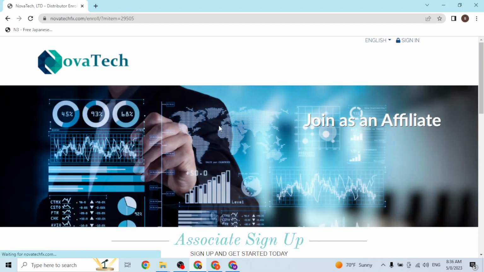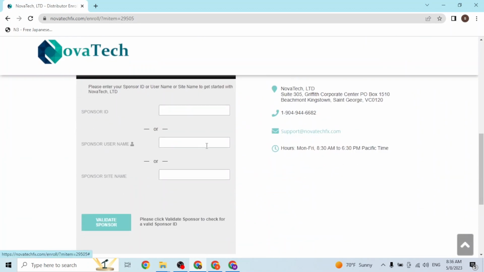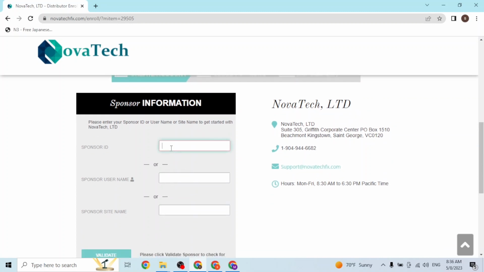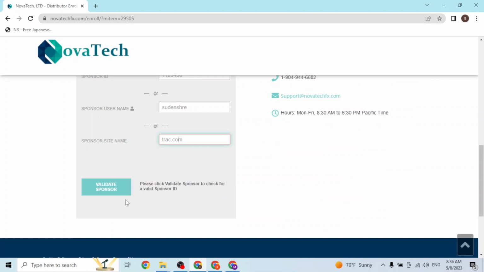And over here, guys, let's scroll down again, and from over here you'll be able to sign up for a Novatech account online. Enter your sponsor ID, guys, over here, whatever it may be, but don't show it to anybody. Your sponsor username, anything it can be, and your sponsor site name from a .com, like anything. With that being said, guys, and entering your sponsor site name, username, and sponsor ID, you can simply click on